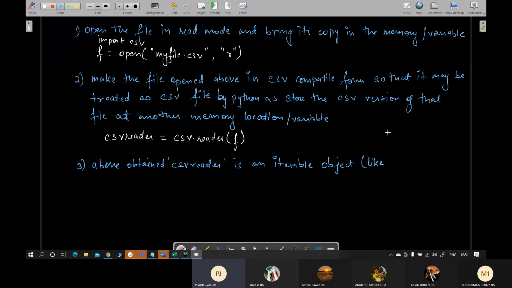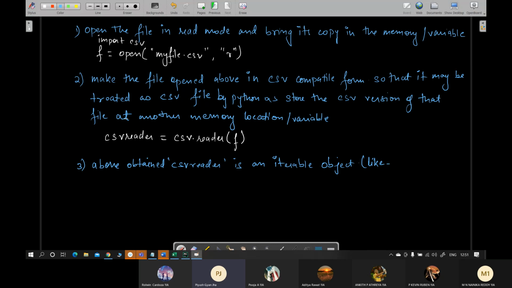Can you directly use string identifiers in a loop, for I in S? Yes, sir. Can you use list objects directly, for I in list name? Every time it will give one element. Okay.